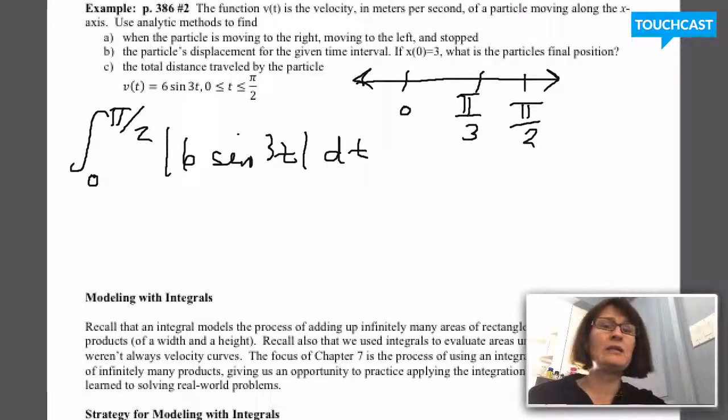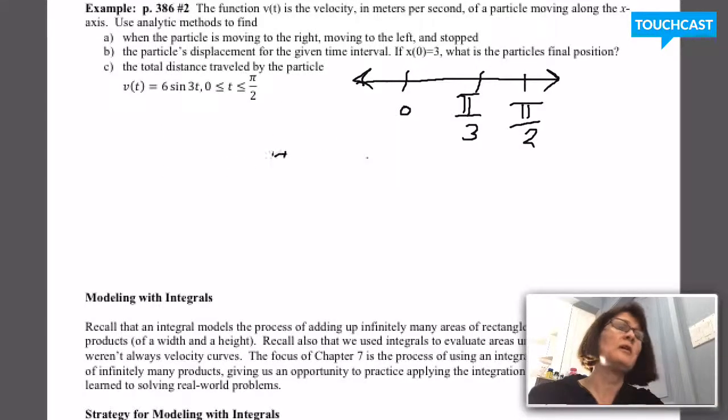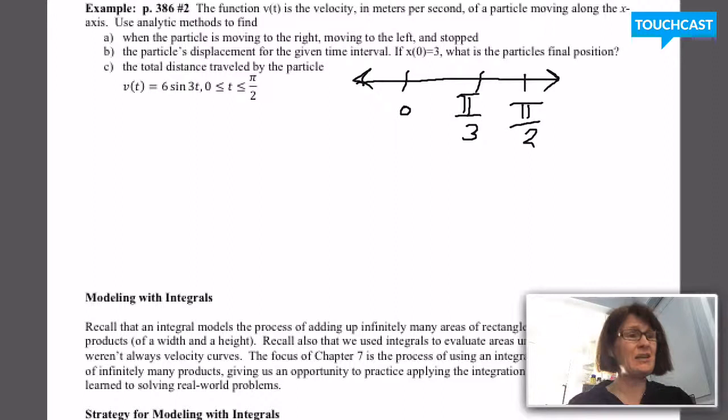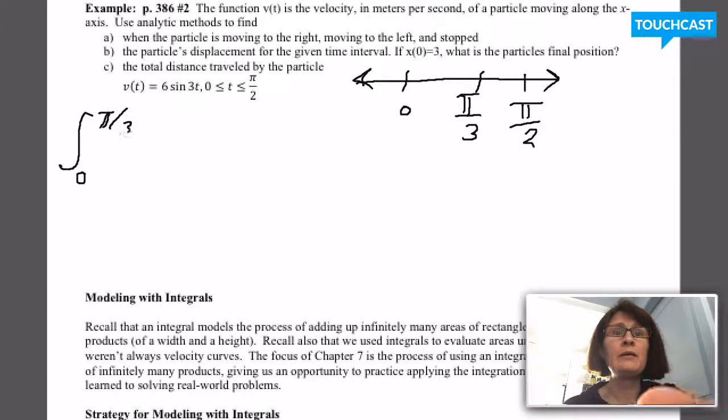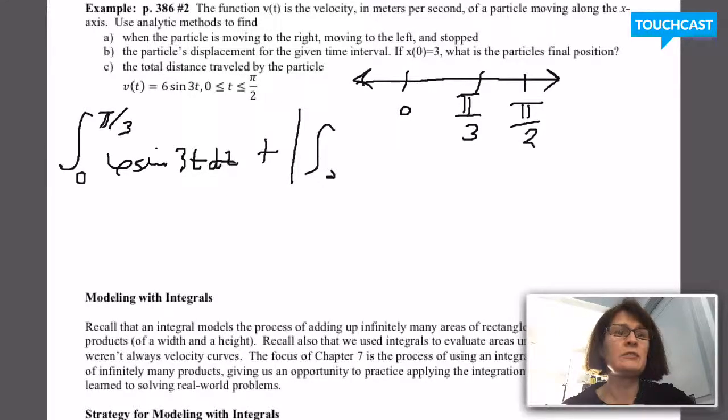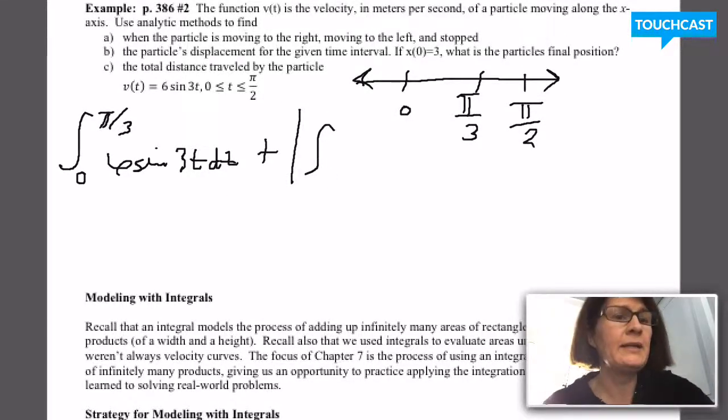If I'm going to answer without a calculator, it's going to be my job to figure out on what intervals the velocity is positive and on what intervals the velocity is negative. I'm going to integrate separately, take the absolute values of all my answers, and add those together. So here we go. I know from my answer to part A that velocity is positive on 0 to pi over 3. So I'm going to integrate from 0 to pi over 3 of 6 sine of 3t dt. And I'm going to add the absolute value of the integral from pi over 3 to pi over 2